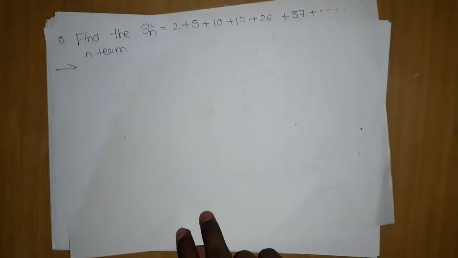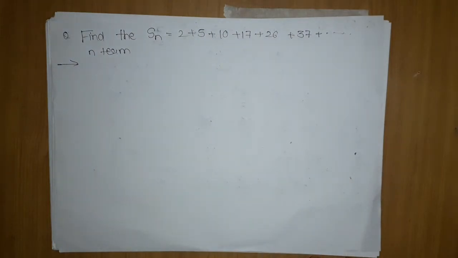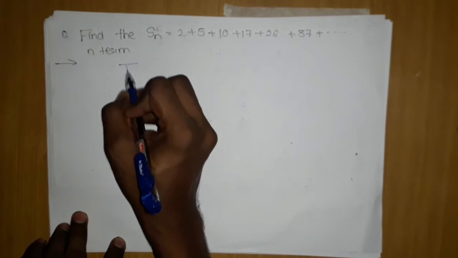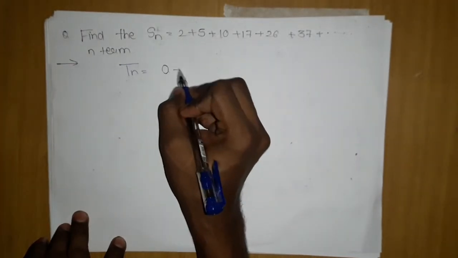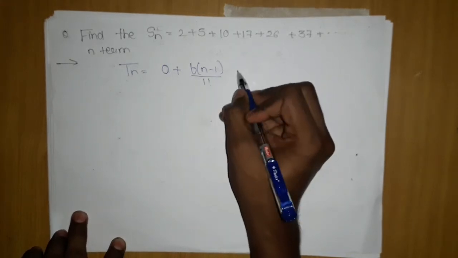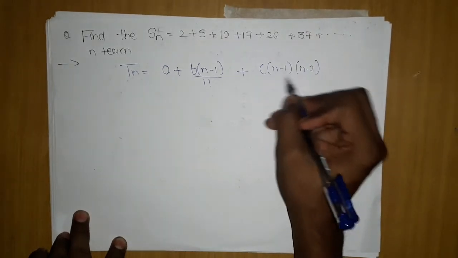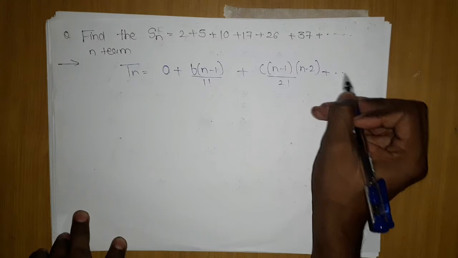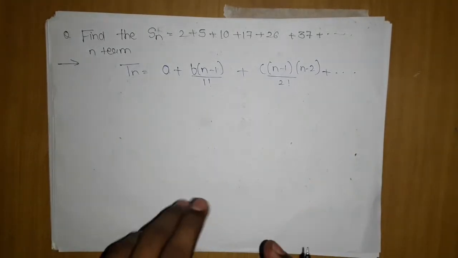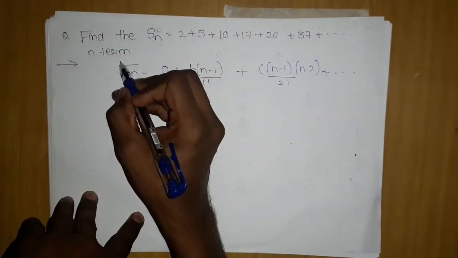This is the next question. Now the next method which we are going to study is nothing but just a formula method. In that you have to learn this formula: a plus b into n minus 1 factorial plus c into n minus 1 into n minus 2 upon 2 factorial, and so on. What the a, b are, you will come to know when we solve the example. But you need to learn this.